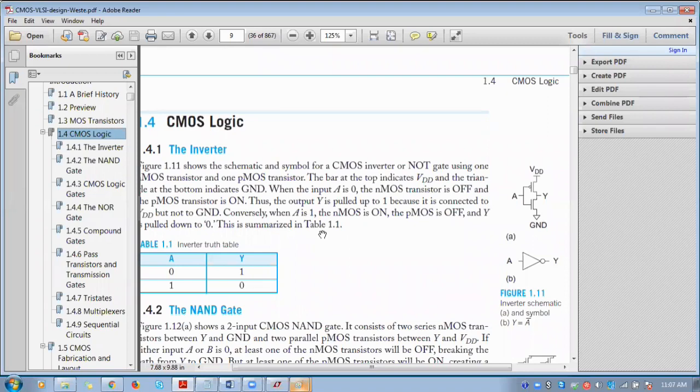Depending on the number of inputs, we have to choose twice the number of transistors, with equal numbers of PMOS and NMOS. In an inverter we have only a single input, so we use a single NMOS and a single PMOS. For two inputs we use two PMOS and two NMOS, likewise.